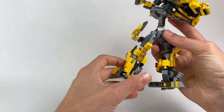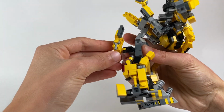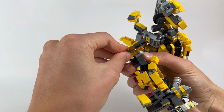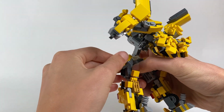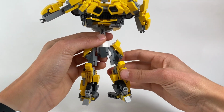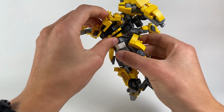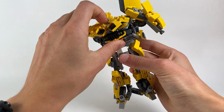Get this little angle, and then lastly, I'm going to rotate this up, make sure it's laying flat, and then lay it against the leg there. And after that, there you have both the legs done. So now we're almost there. I'm gonna just set that right onto the body there,